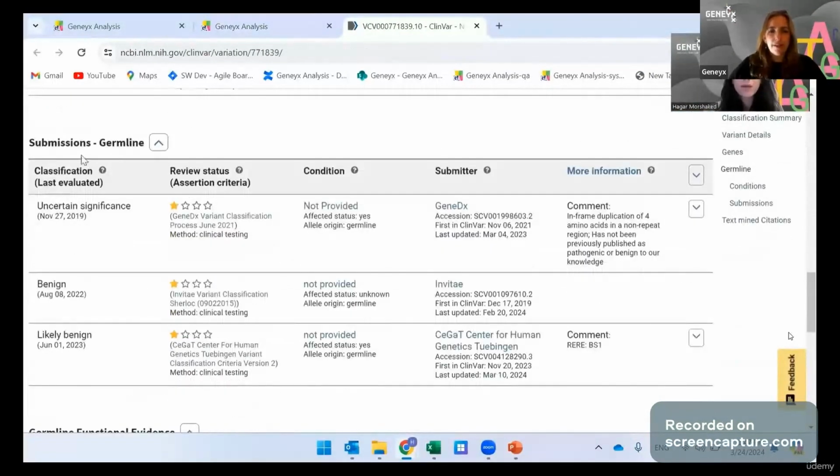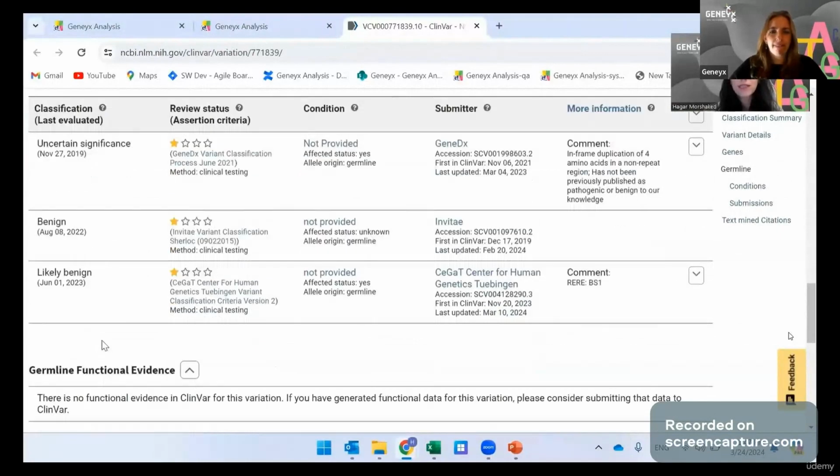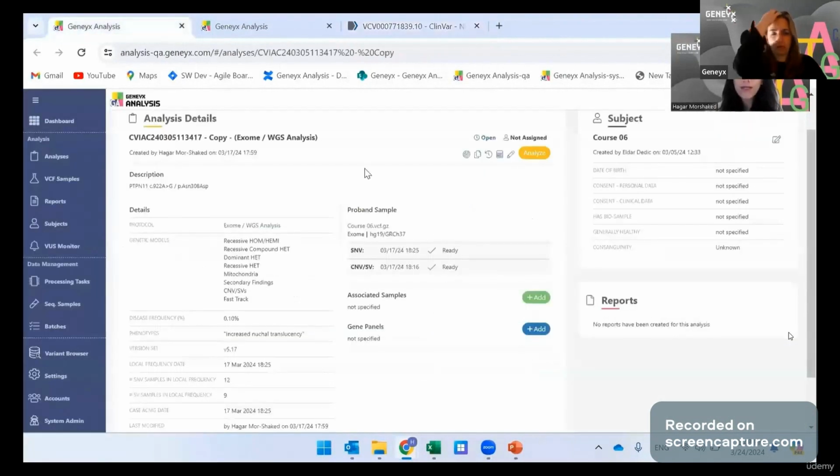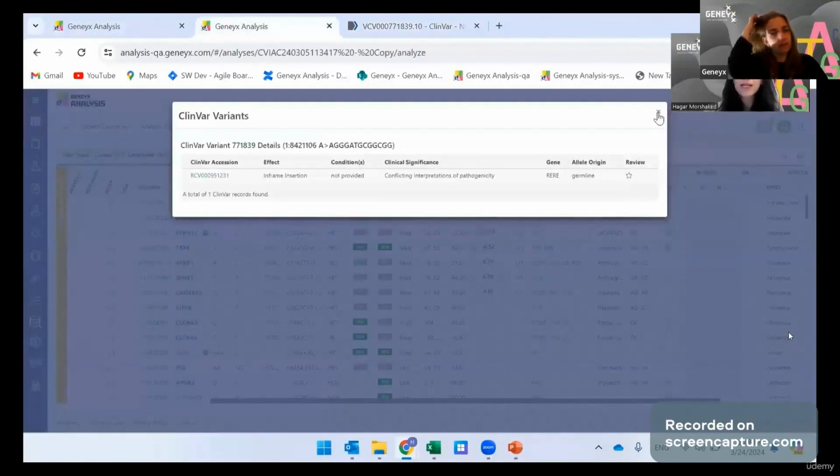If I scroll down, I would see the different submissions, and I see that one submission by GeneDx is a variant of unknown significance, and there are two additional benign classifications by Invitae and by CGAT. All three are large and known labs, and we can trust that this is for sure not a likely pathogenic variant. So if we go back to the analysis for sure,